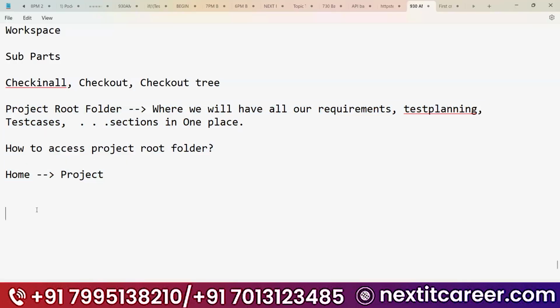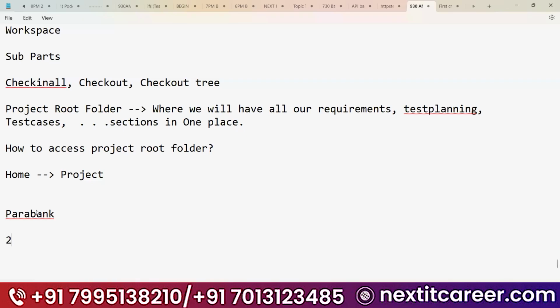Now observe this one. For example, I'm working on a banking project called Parabank. The project name is Parabank. In this one, we have a lot of people.